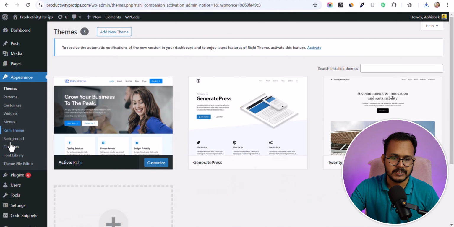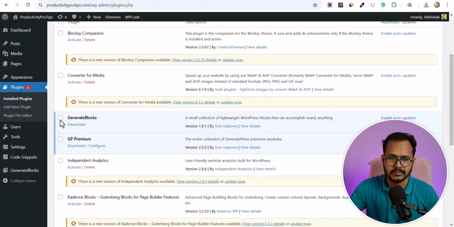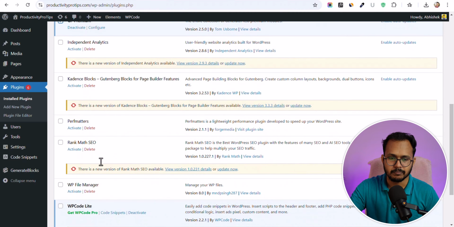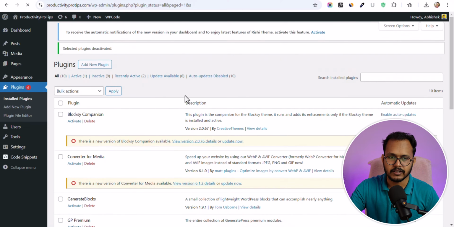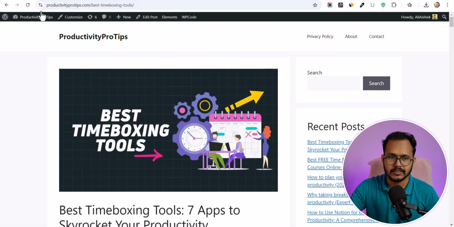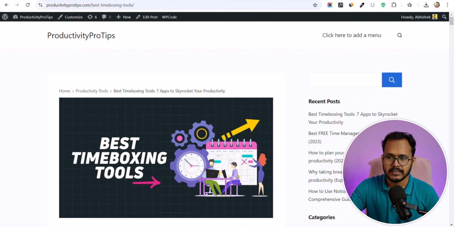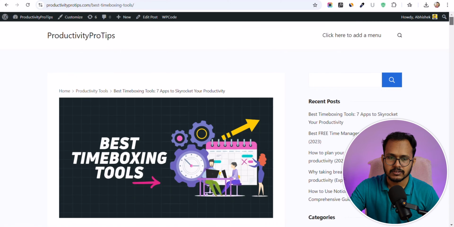And let me close that. Let's go to the plugin section, and let me deactivate GenerateBlocks and the GP Premium plugin. Let's click on deactivate, click on apply. Alright, now we have deactivated. Let's refresh this page, and this is how the Rishi theme looks out of the box. So let's click on the customize option,